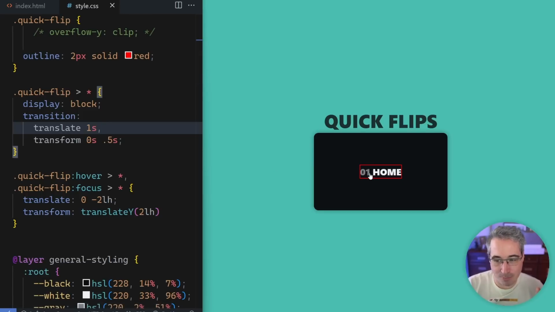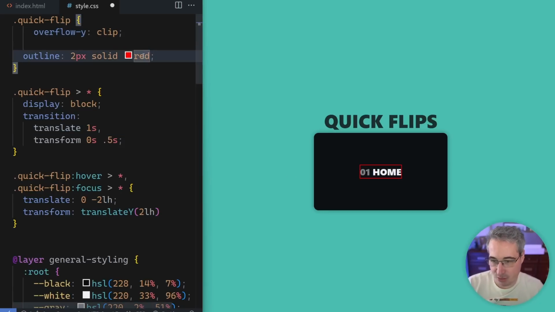Now there's a bit of a problem, as you can see right now, when it's all happening. If we switch these around, we'll see it much more. It slides up. Actually, it doesn't look as bad as I thought, but when it switches definitely isn't the right time, and it's just because of the way the default timing function works, which I think is just